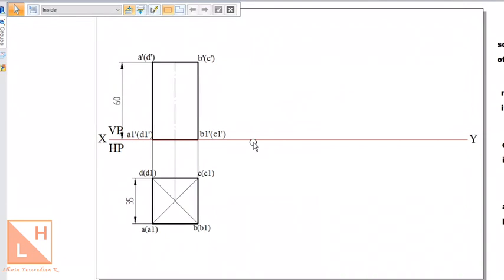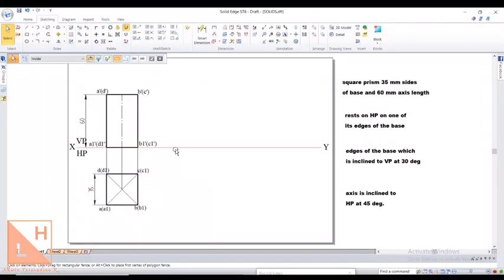Whenever you go to the second position, the condition has to be taken in such a way that where you have drawn the plane figure, take the condition with respect to that plane. And as I already mentioned, you will find in the majority of the syllabus in different universities that the solid will be resting on HP. So since it rests on HP, we would have drawn the plane figure on HP itself. Now it is very clear, for the second position we have to take the condition with respect to HP.